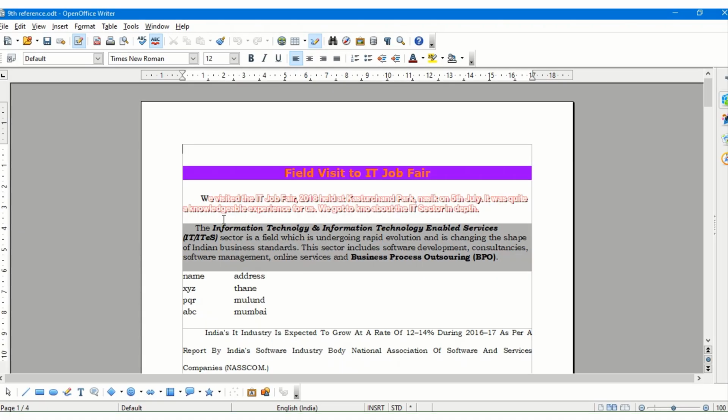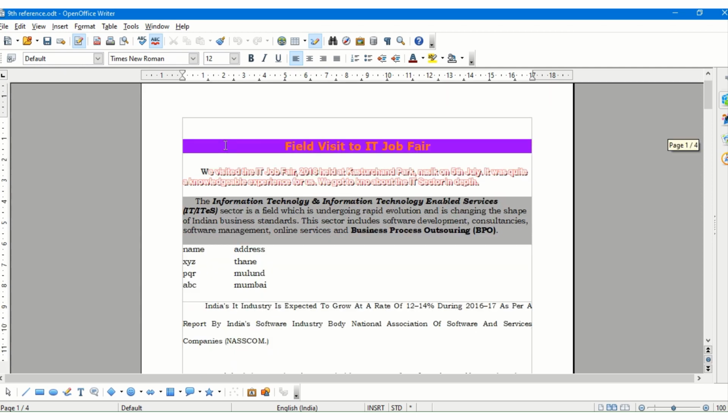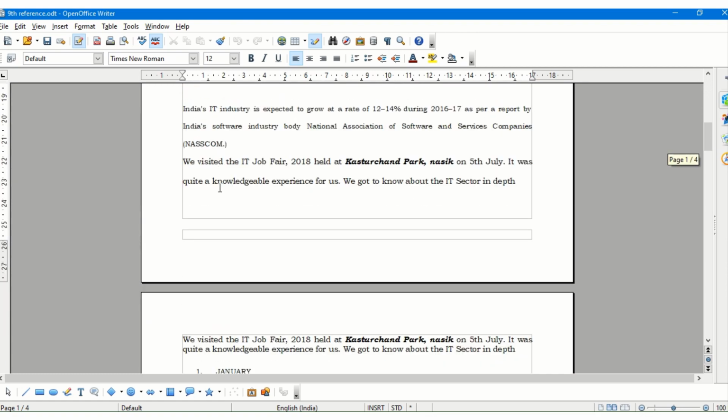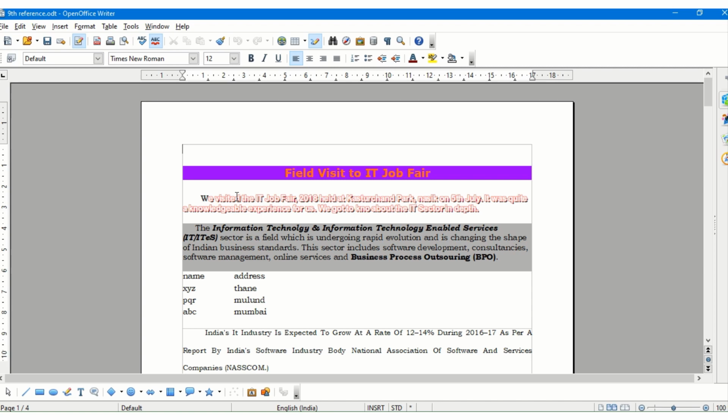Headers and footers are text that you insert in the margin area of a document. The headers are placed in the top margin and the footers are placed in the bottom margin. These are the areas where you can write some text which appears on all the pages of a document. So whatever text you write in the header region will appear on all the pages. Suppose there are 20 pages or 100 pages, and all the 100 pages will have that particular text on top. So this is the use of the header. Generally headers are used to display chapter numbers or the book name or page numbers.